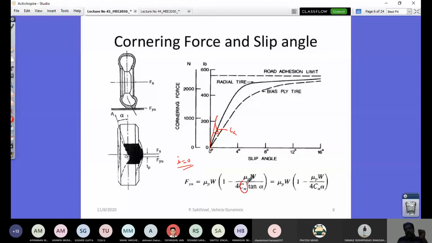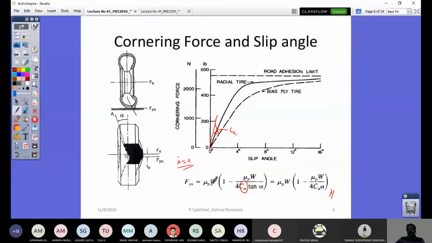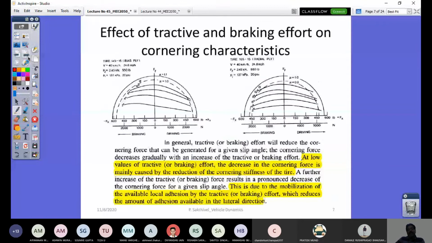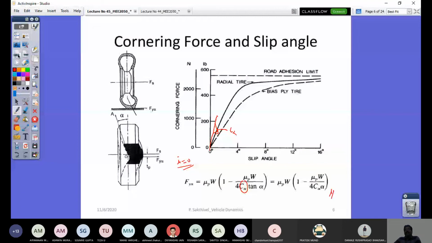So Cs is replaced by C alpha and i is replaced by tan alpha. For a small angle of alpha, this is alpha itself. So this is an analogous equation for side force, which I am not deriving, but one could easily understand how this equation comes if you have understood the derivation of the simplified Julien's model that we have looked at. So this Fy and Fx that we have derived can be combined again with the characteristic length definition, all we have looked at in our Julien's model, with a similar approach, and you would be able to have your expression. So now, before going to that, let me explain